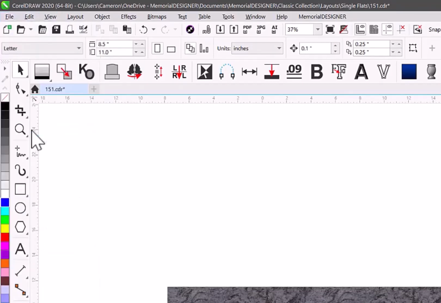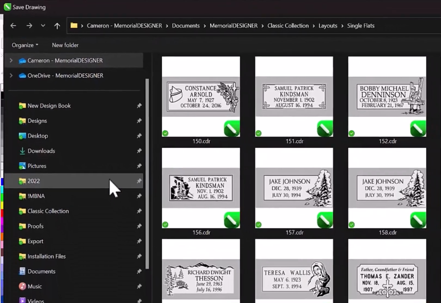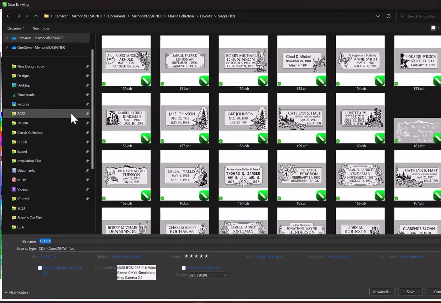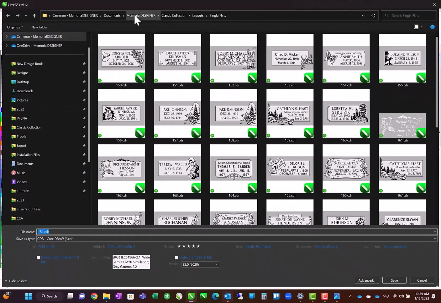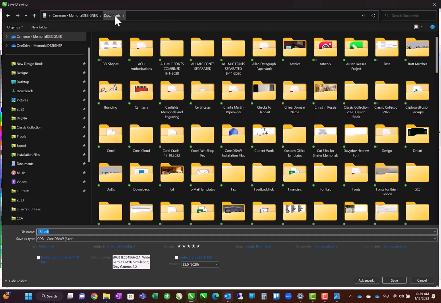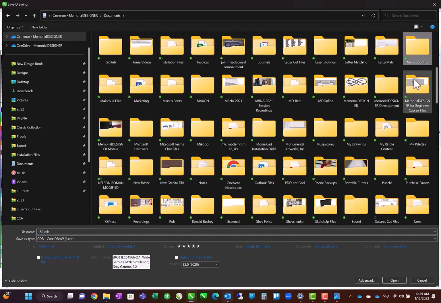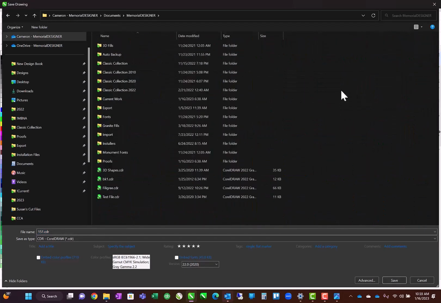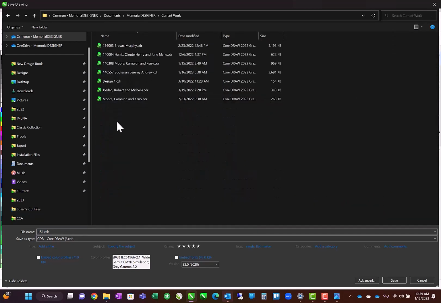That's going to then let you save this design as something completely different than the template that you started with. I personally, when I was my own headstone shop, kept everything under the Documents folder. And then I kept it under Memorial Designer. And then I had a current work folder, which is everything that I was working on at the time. I'd keep everything under that folder, and that's where I would save stuff. You navigate to the folder you want to save in first. So wherever you want to save your file, go to that folder,